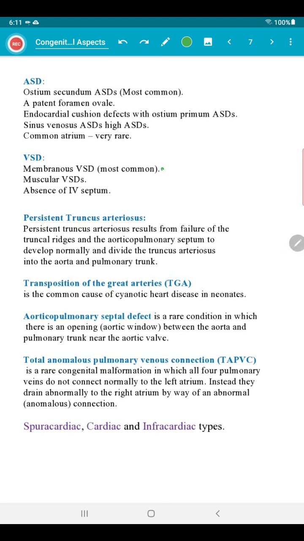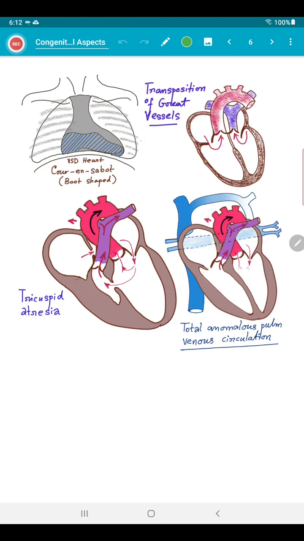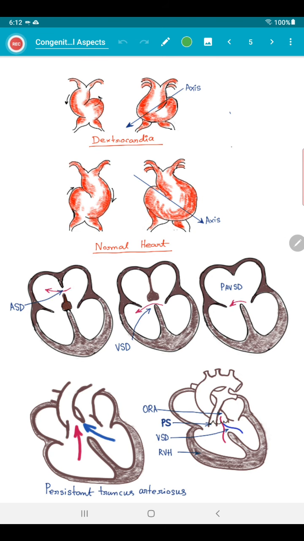So, if you are given in question a short note or long question, by reading this, by memorizing this, you can write at least 60% content about any short note from this, and above that you will add a diagram which I am showing to you. These are the easier diagrams.